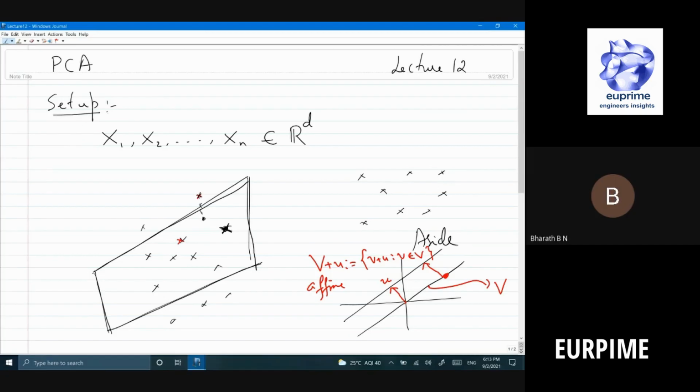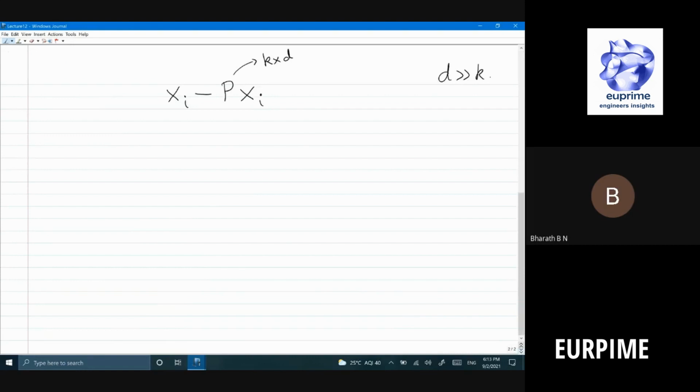Right? So what I have to do is look at the difference, and take, let's say, the norm squared. Did I do this correctly? It's k by, this is d by 1. I want this to be as close as possible to